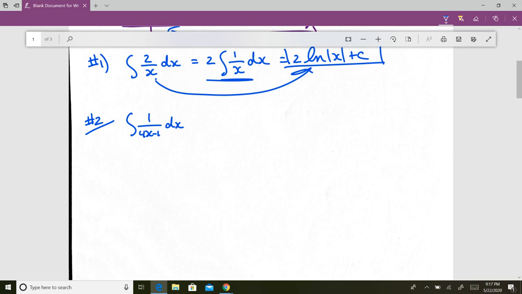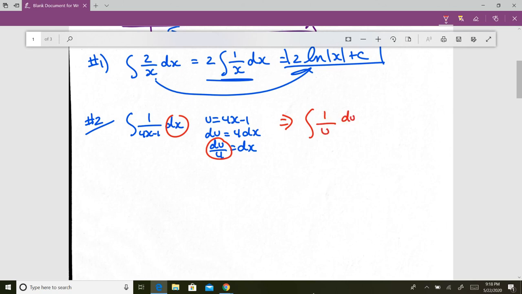So I'm going to show you two ways to do this. The first way is u substitution. So we're going to say u is equal to 4x minus 1, because that's pretty much all it can be. So du is going to be 4 dx. So du over 4 is equal to dx. So our new integral, once I sub all this in, this is for du, and that is u. Our new integral becomes the integral 1 over u du over 4,